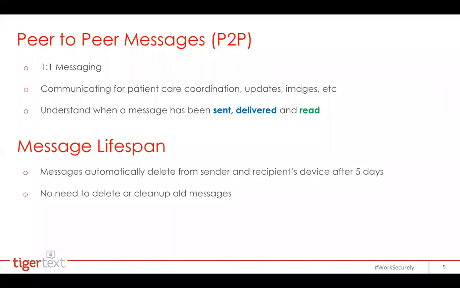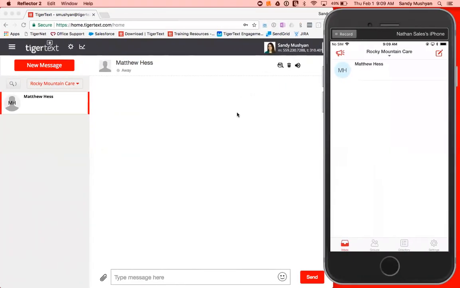So the first thing we'll cover is peer-to-peer messages. So peer-to-peer messaging is just striking a conversation with one other person. So any of the colleagues that you find in your directory, let's say you're in the field and you're on your way to see a patient and you want to send a quick status to let them know of an ETA back in the office. Let me just initiate a message here to Matthew since I have him